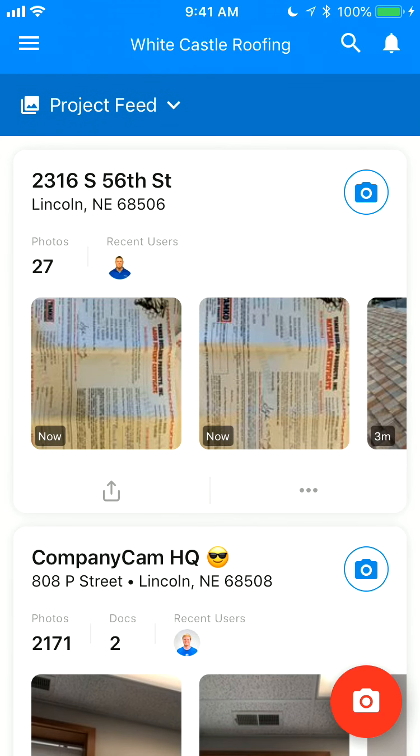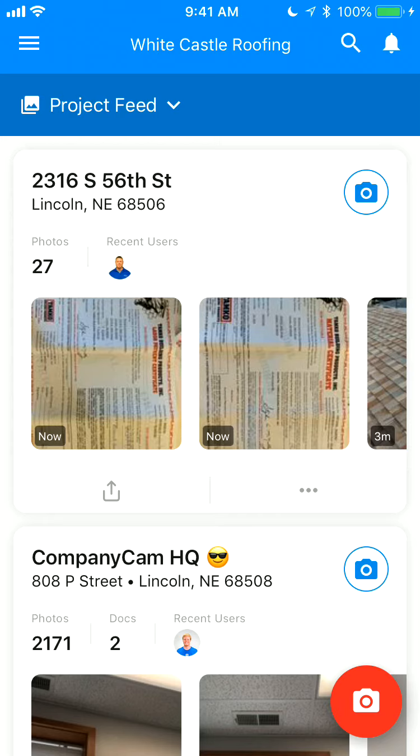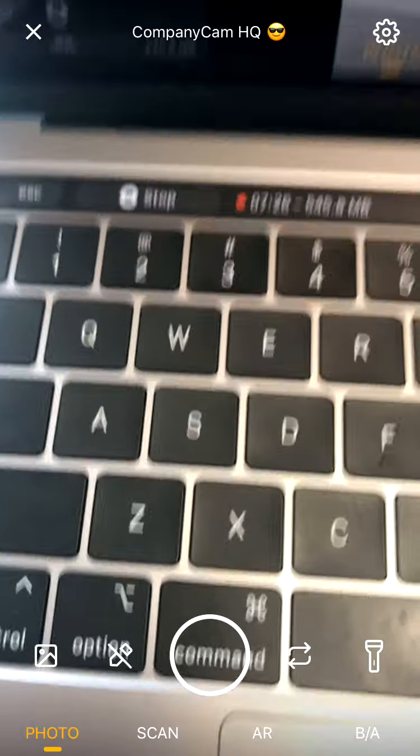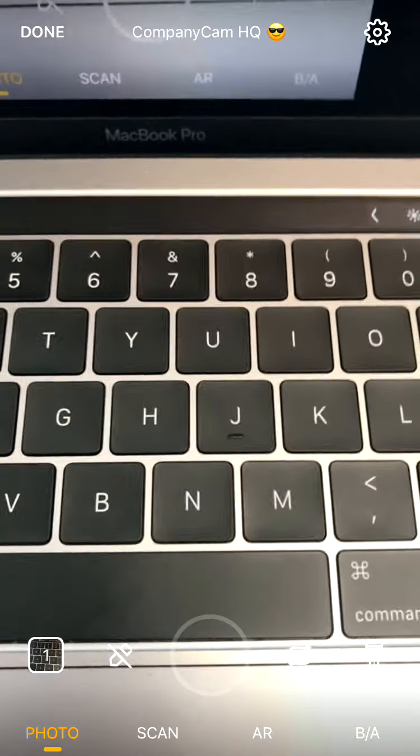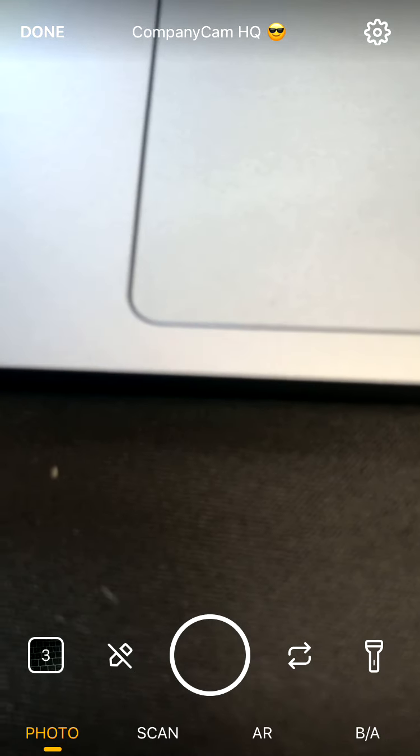But let's say you have two projects next to each other and you want to take a photo at a specific one, you just click the camera at that project. So if I click on that project, the photos that I take right here are going to be populating right back into that feed. The last thing I want to show you real quick that's real important is being able